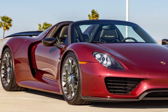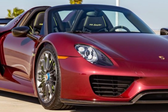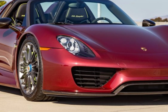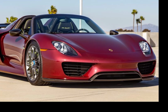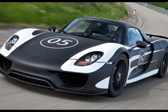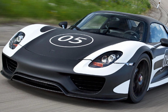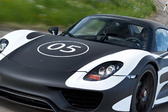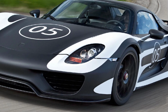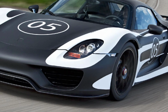Today, we're diving deep into one of the most legendary hybrid hypercars ever built, the Porsche 918 Spyder. The Porsche 918 Spyder is a groundbreaking masterpiece that combines electrification with extreme performance. First unveiled as a concept in 2010 and officially launched in 2013, the 918 Spyder redefined what a modern hypercar